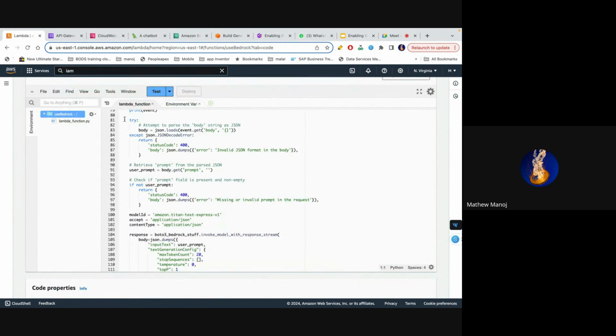This Bedrock is just a way to provide you with the models, and since it is a part of AWS, you can integrate it with IAM roles to make sure your application is secure. And that's what I meant by Bedrock being a secure way to make your own application based on whatever you're doing.